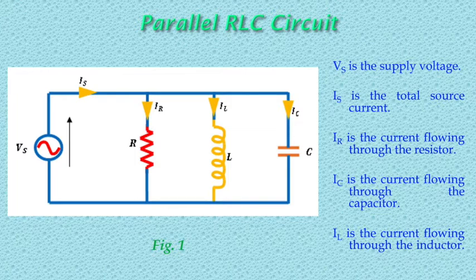In this parallel RLC circuit, we can see that the supply voltage Vs is common to all three components, while the supply current Is consists of three parts. But the current flowing through each branch, and therefore each component, will be different to each other and also to the supply current Is. The total current drawn from the supply will not be the mathematical sum of the three individual branch currents, but their vector sum.